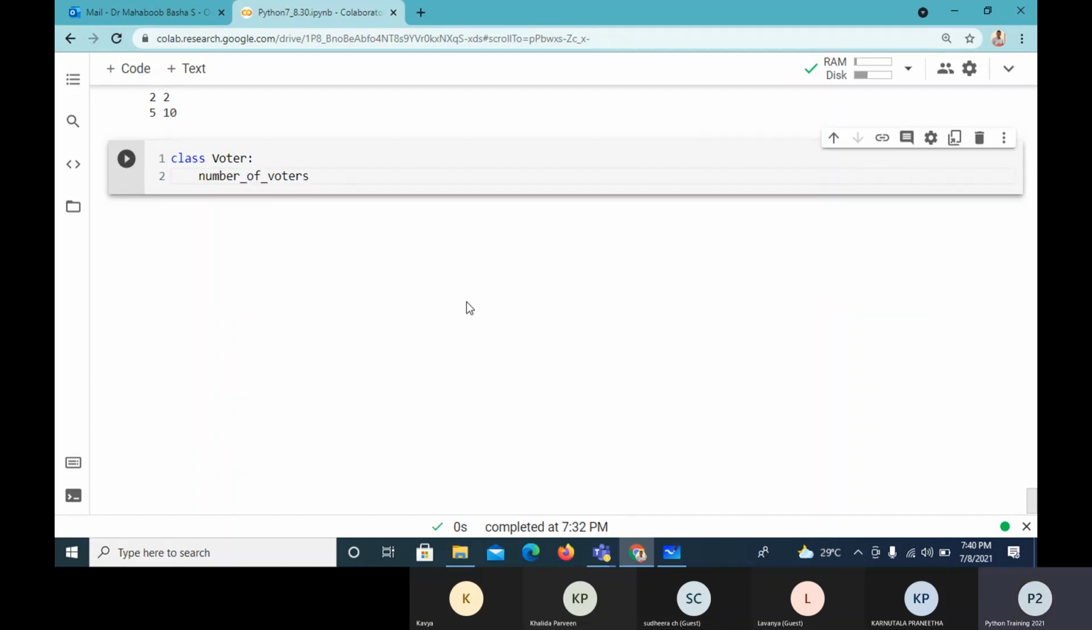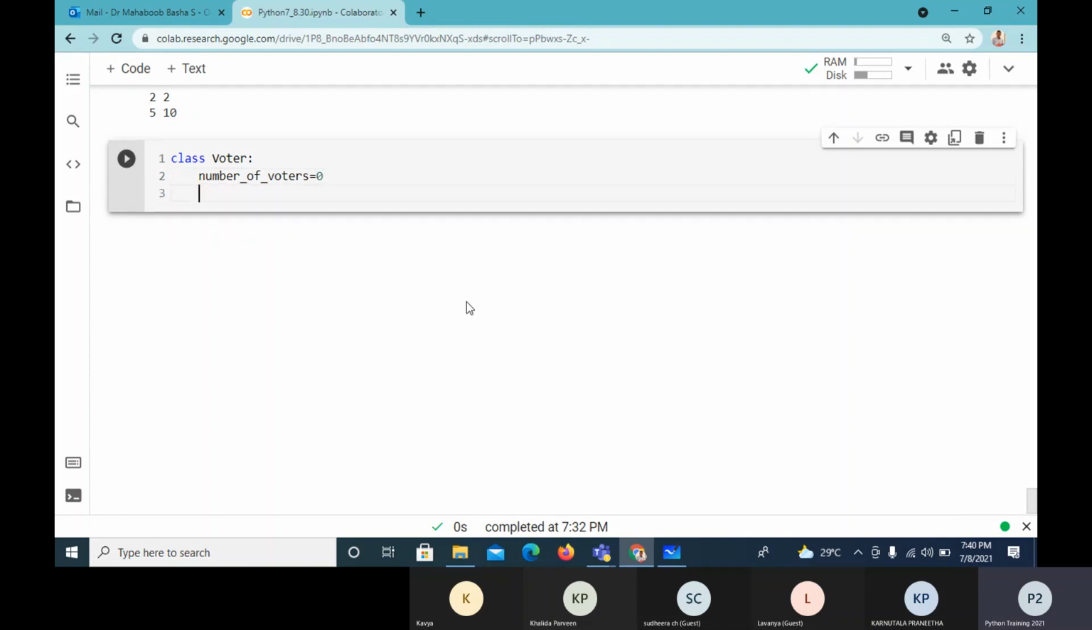So I'll say number of voters. It is initialized to 0. It is a class variable. So it is no way related with a particular voter. Number of voters is no way linked with the voter. So when it is a static property